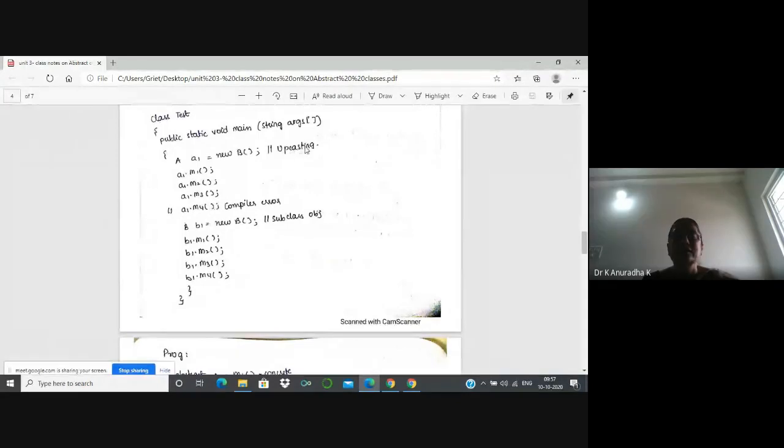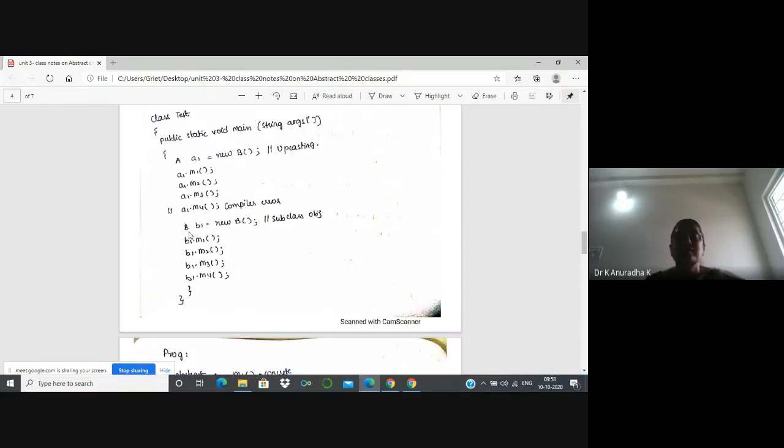Try to understand upcasting because we use upcasting in both abstract classes and interfaces. Unless you understand the upcasting concept, you can't follow the abstract class and interface programs. Because for abstract classes and interfaces, we can't create objects, we can only create reference variables. But how we access the members of abstract classes and interfaces is through upcasting. That's why try to understand this concept carefully.